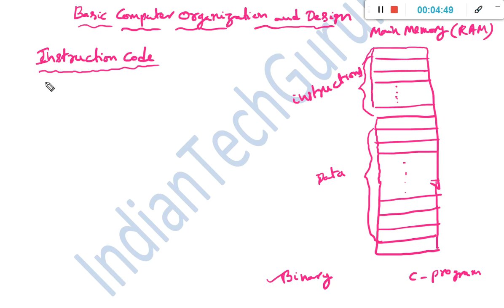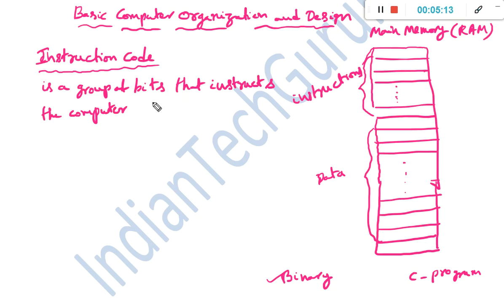How could we define an instruction code? An instruction code is a group of bits that instructs the computer to perform a specific operation.